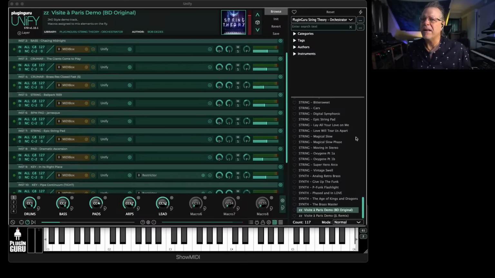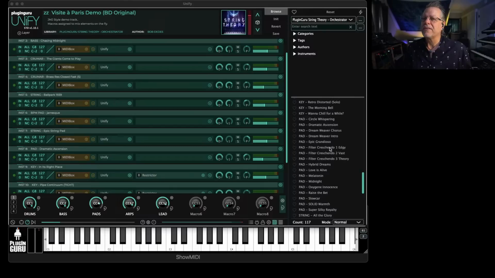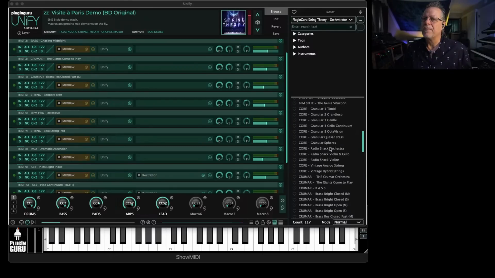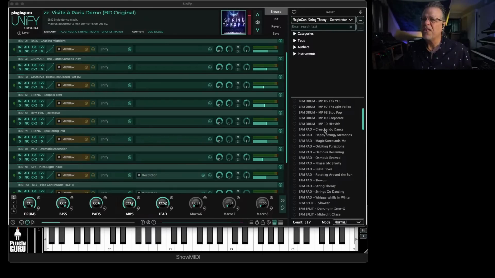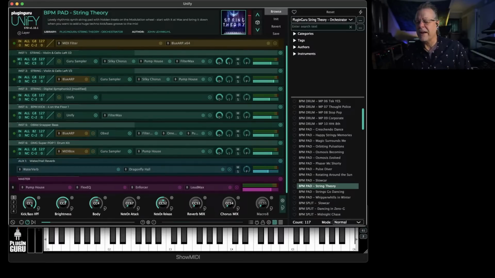Oh yeah, BPM pad string theory. Let me show you that one. That's another one that's one of my favorites too. This is a fun one. There's a whole bunch of different BPM pads. String theory was kind of like, I don't know, I didn't originally name it string theory. I can't remember what the original name I created was, but it just kind of put everything together in the library. It combines the bass and the drums and all the pad stuff so that you have really cool,